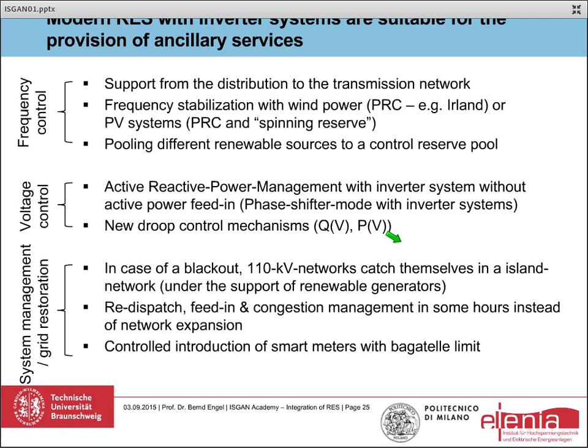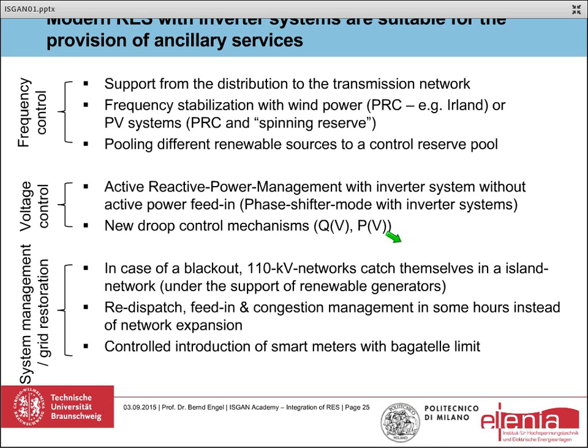We can have reactive power of a solar PV plant at night and also providing reactive power from a wind farm at no wind. There will be new control mechanisms in the future